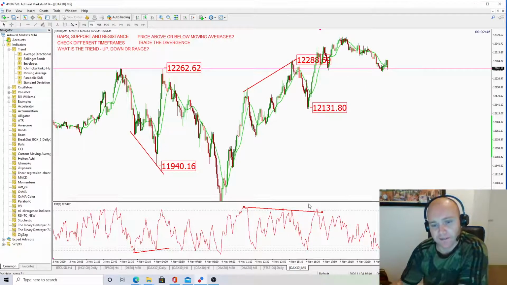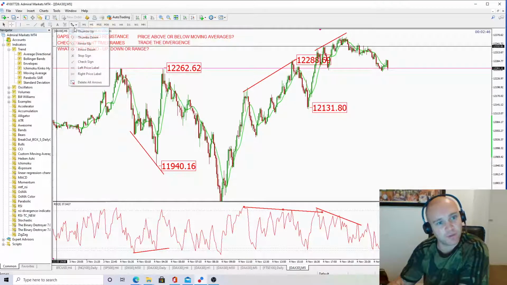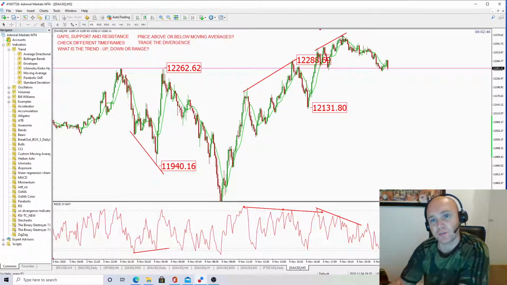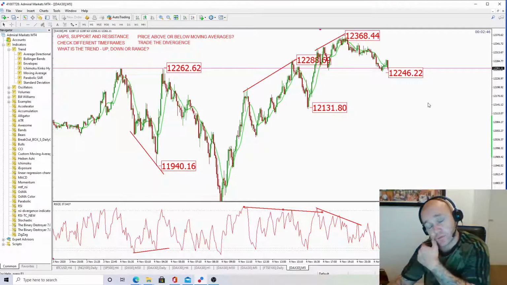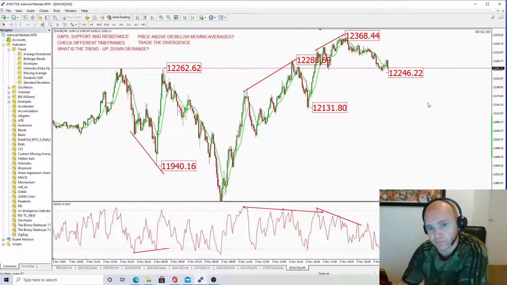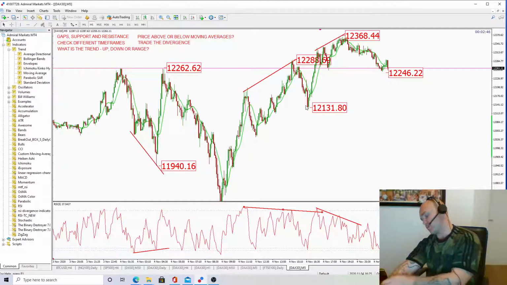Then again, it continues up. Price continued. We've got divergence here. Okay, match it up. So again, same thing happened. This move might not be over. We'll see where this move goes to. But at the moment, 12,368, 12,246. So over 100 pips. So you're talking that day, if you just did £1 a pip, you'd have made over £700 just doing RSI,